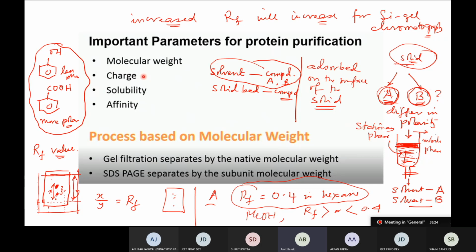Careful means you start with a very non-polar solvent. As I have said, in a non-polar solvent, the movement of the compounds will be much less. In a polar solvent, they move faster. Now suppose you have a